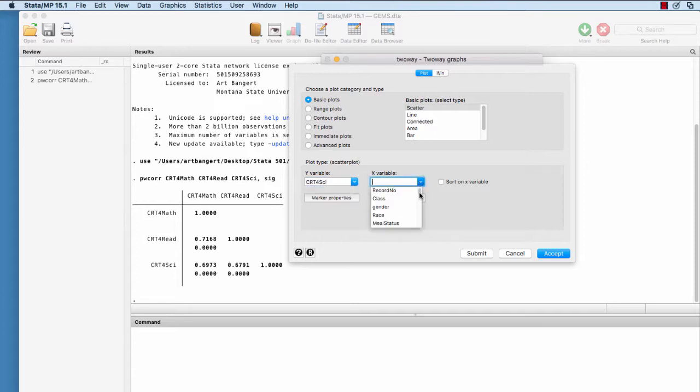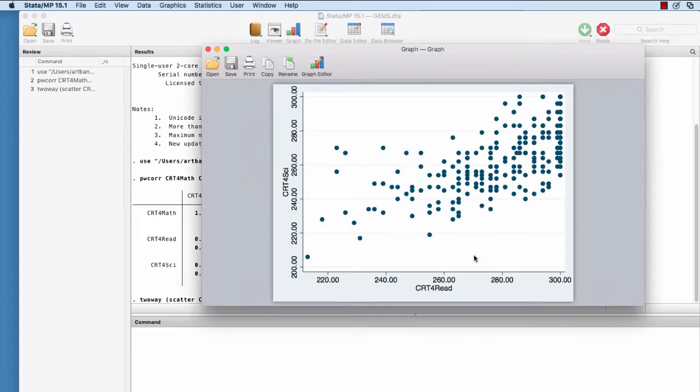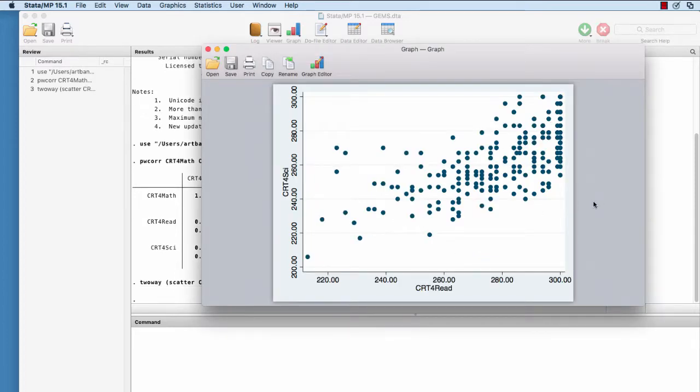And the variable that I'm going to use to explain or predict science is reading. And so if I submit, then I will get this scatter plot. And you can see it's a fairly linear relationship. That's one of the assumptions to conducting a correlational analysis or a regression analysis,